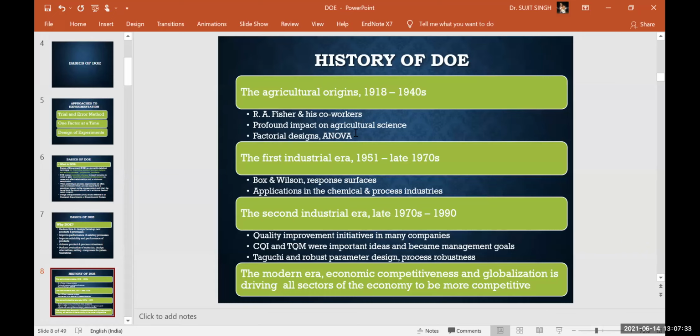Quality management initiatives in many companies, particularly Toyota and Motorola, gave rise to different tools and techniques used in DOE. There we got the Taguchi method, a very robust parameter design and process design.